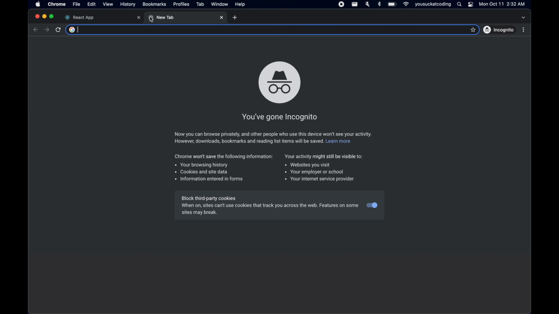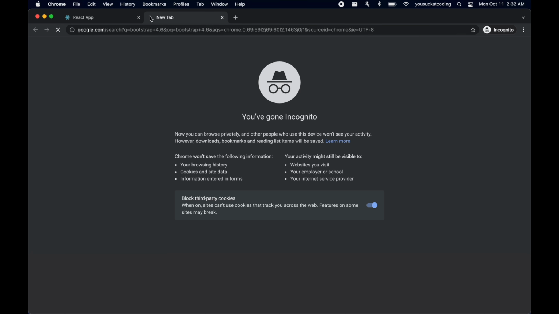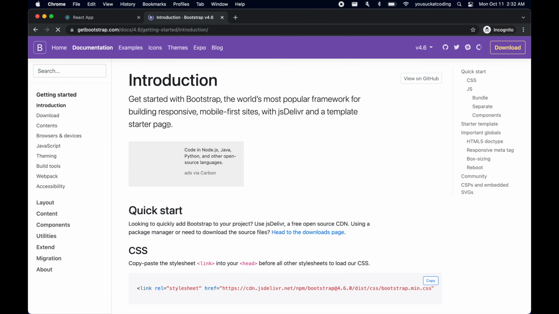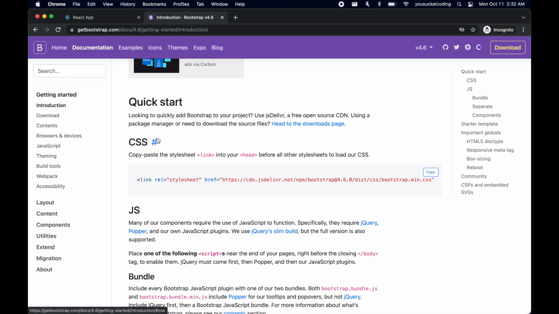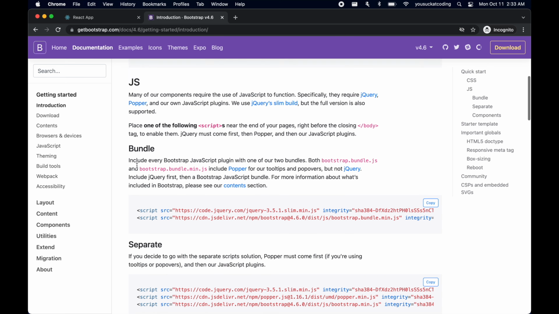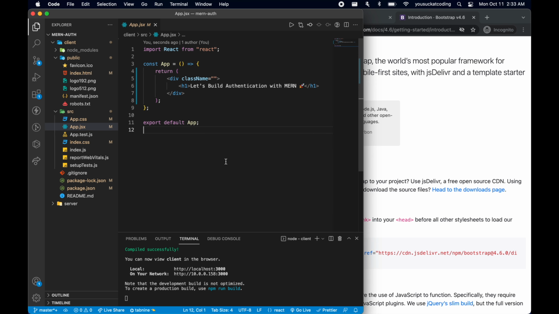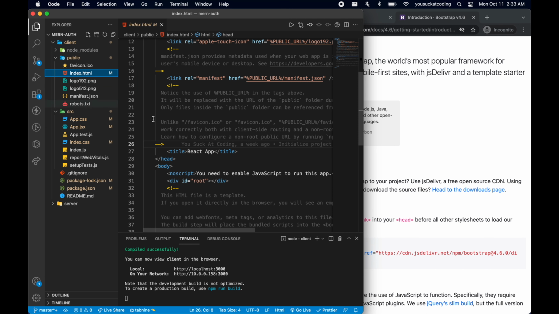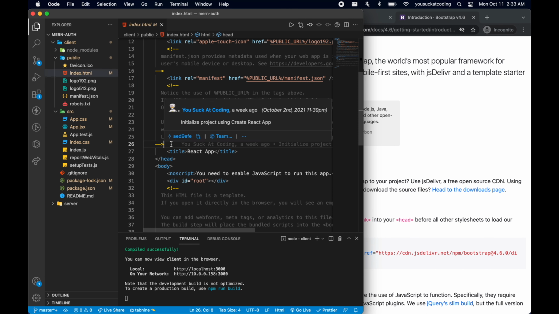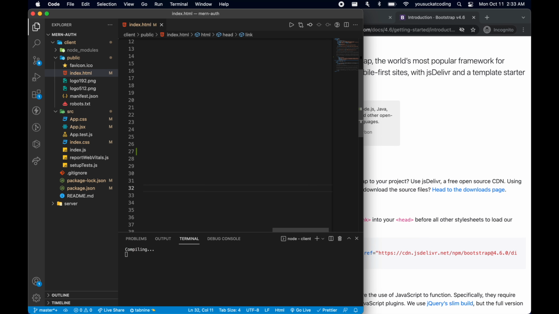Take this full screen. Bootstrap 4.6, which is the version that we'll be installing. So in order to install Bootstrap to your project, we need the CSS and the JavaScript. For that, let's just copy this first. Open up VS Code. Inside of VS Code, we'll go in the public directory and the file index.html, which is the main HTML file. So right before it says title, you can paste the CSS part